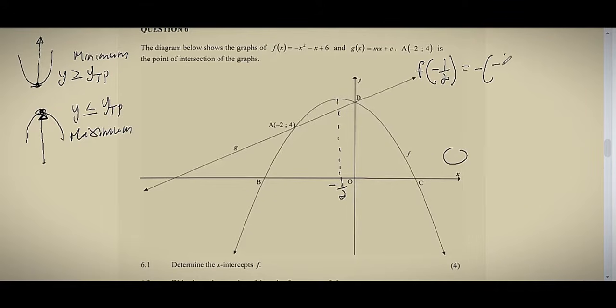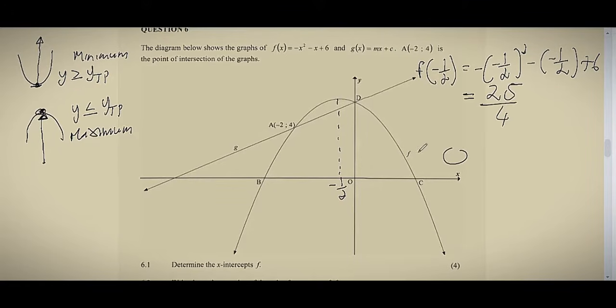So (-1/2) squared, then minus (-1/2), then plus 6. At this point, all you need is your calculator. So you're just going to simply press all this in your calculator. So let me quickly do that. So we have that, and then we have this, and then plus 6. So it's giving me